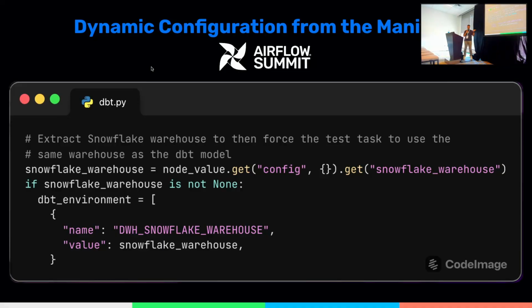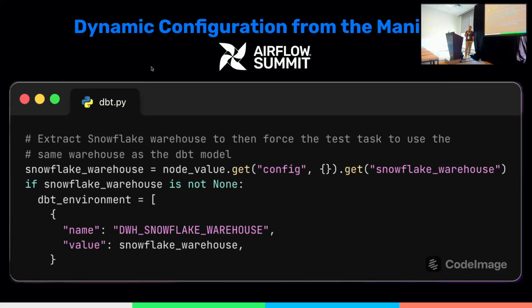I'm able to filter out models without testing. I'm able to not waste time on ephemeral models. I'm also able to hack dbt in order to use the Snowflake warehouse that we want to use. But the main challenge that we face is that I can't have one single Airflow DAG with all my models, right? If you have like 2,000 models,